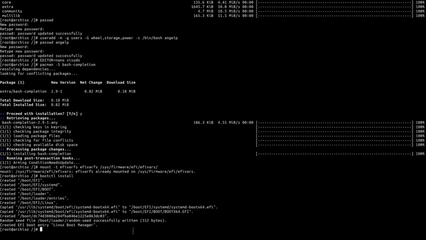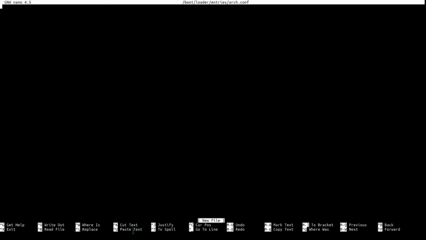And now we have to create a file. It's going to be blank. It's in boot loader entries, and we type in arch.conf. And what this is basically going to do is tell the computer what to boot from, I guess. But we have to create it manually, and what we want to type in here is title Arch Linux,